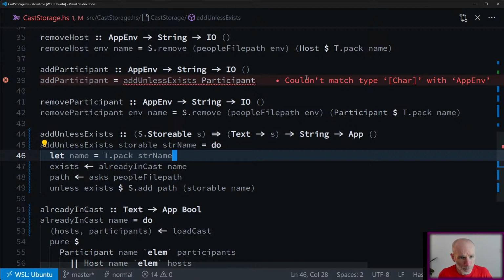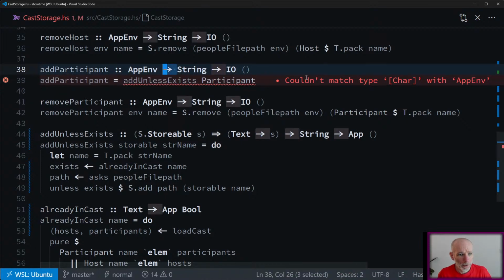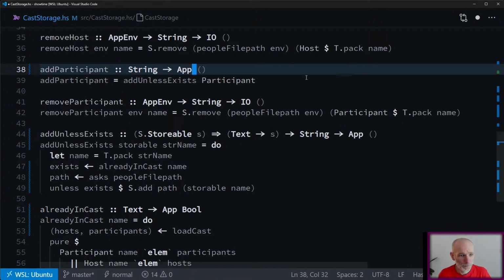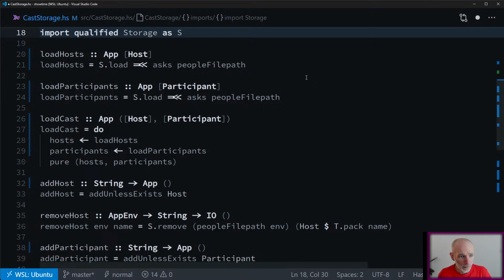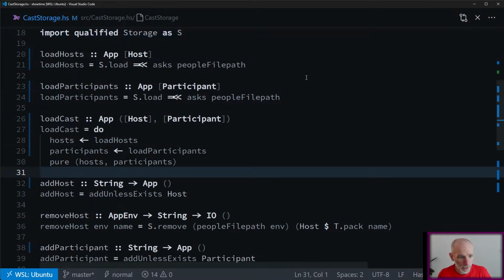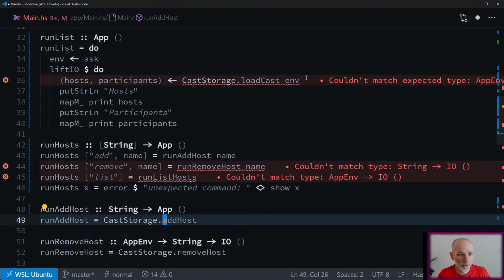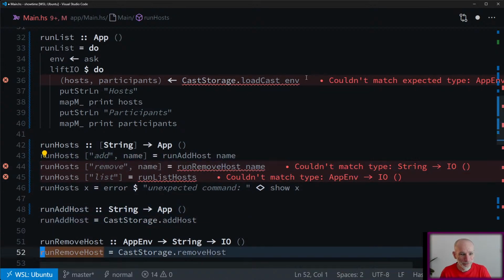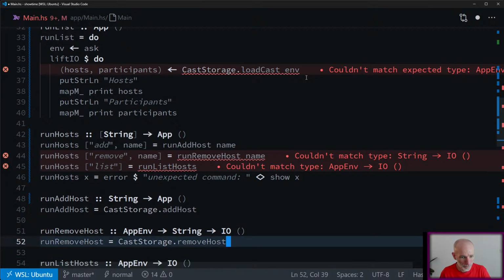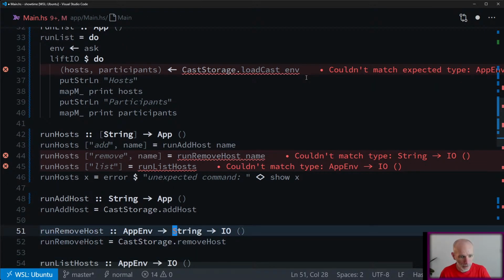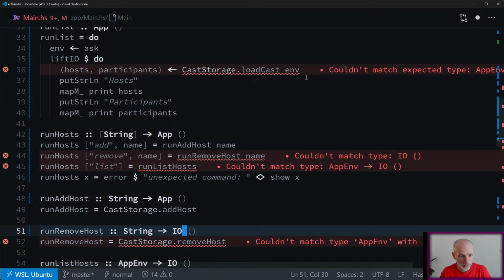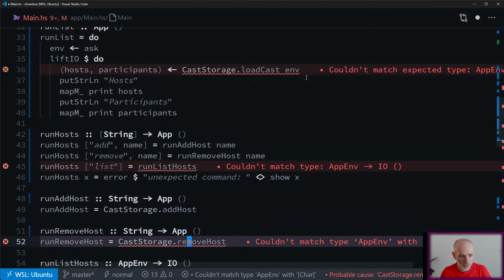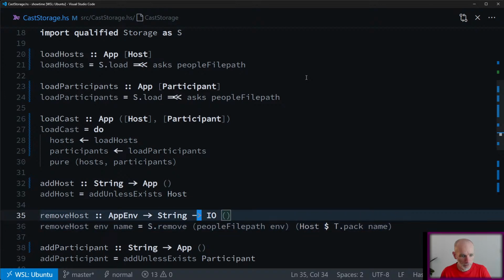Okay. So now add participant as well as add host. We can just change this to be app. Add host is okay. Back to main. I've done this one. Run remove host. Okay, similar things. We don't pass append in here. We just do that, and inside here again,